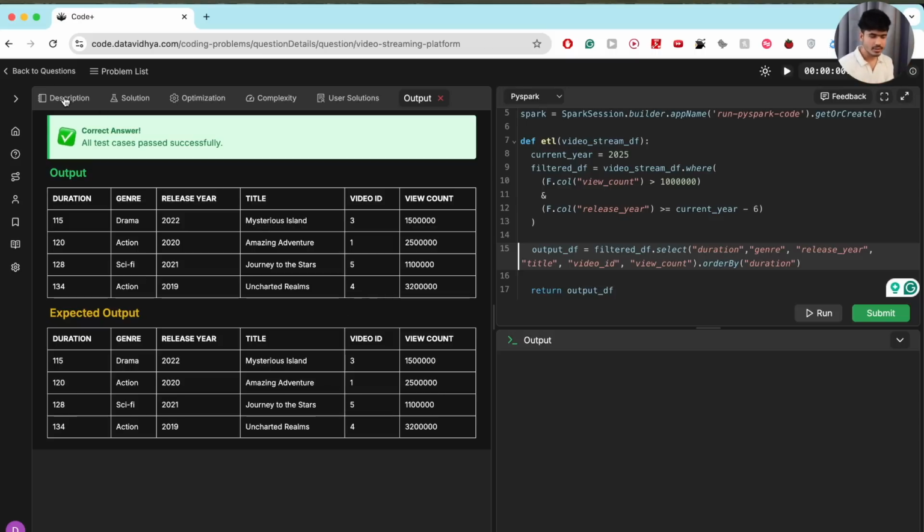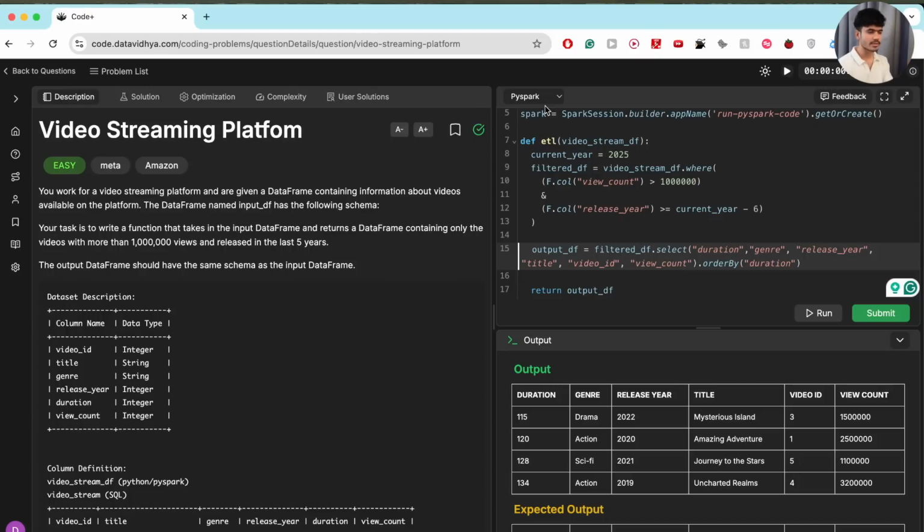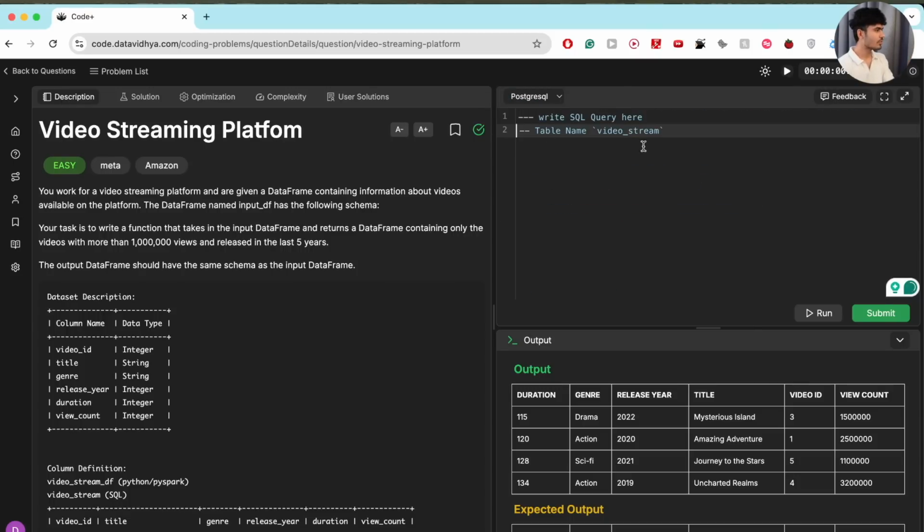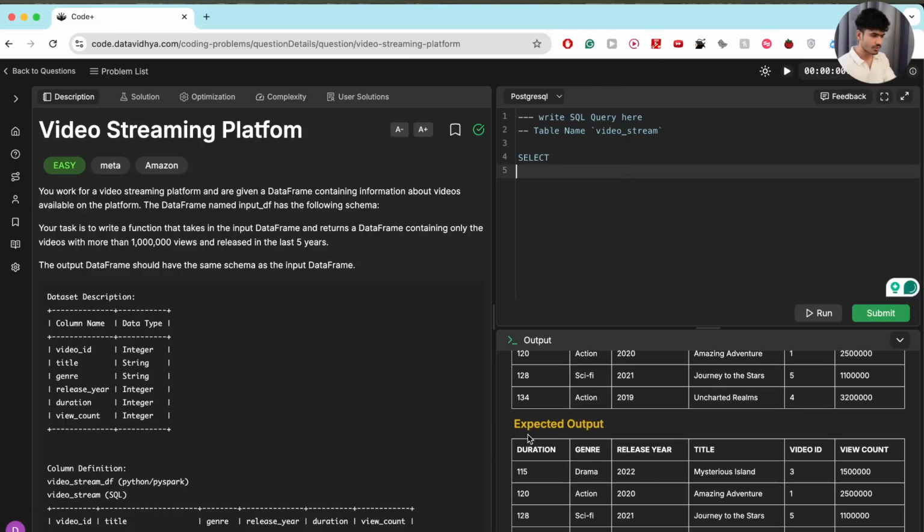Now let's say you practice Apache Spark, and I want to also practice PostgreSQL. Let's say the table name is given to you. All you have to do is write the simple query. If you already know, you can go ahead and try to solve the question, but if you want, you can do it with me. So select, we'll follow the same approach over here. We need duration, comma, genre, comma, release year, title, video ID, and video count,